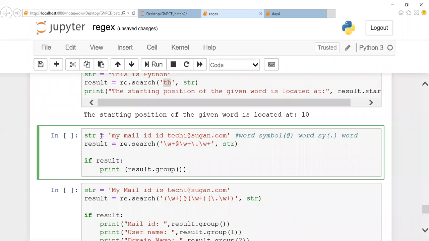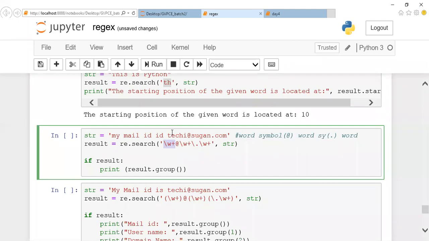Look at what I mentioned here. I mentioned a string, and I mentioned re.search, and I'm going to mention a pattern. Here you will be mentioning the pattern, right? If I want a word with more than one character, I'll mention \w+. I guess you could remember what \w+ is. I taught you before: \w is one single character, and \w+ means more than one character.